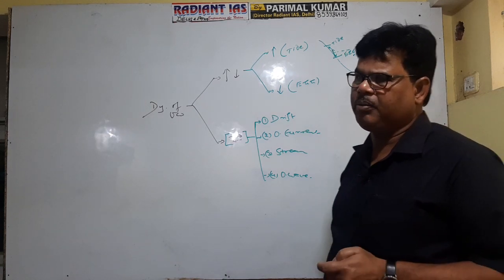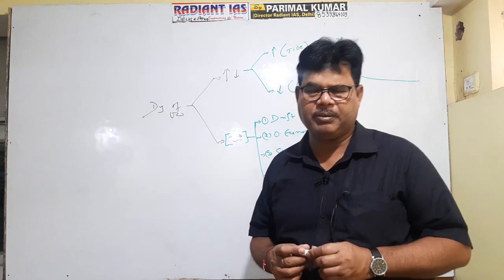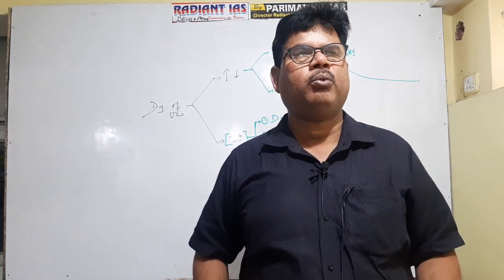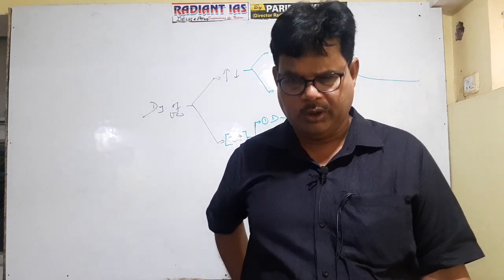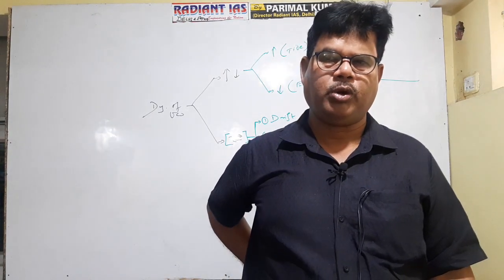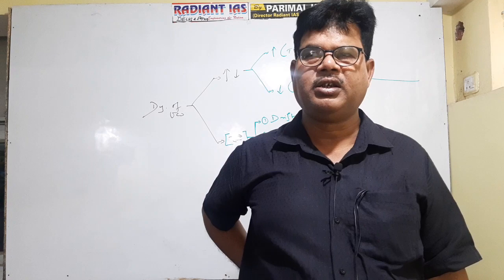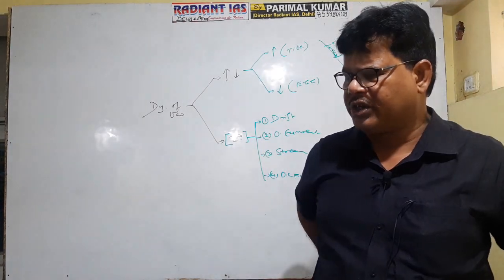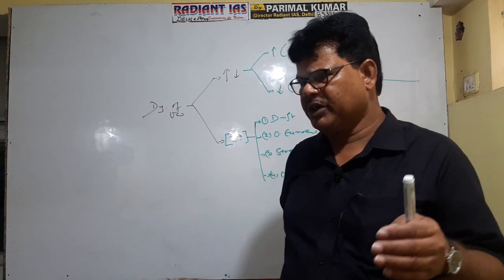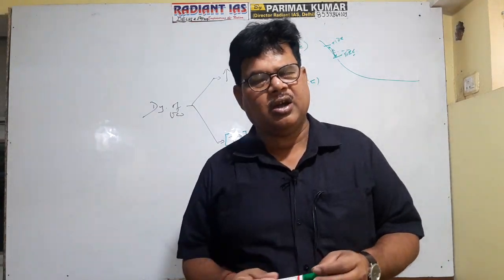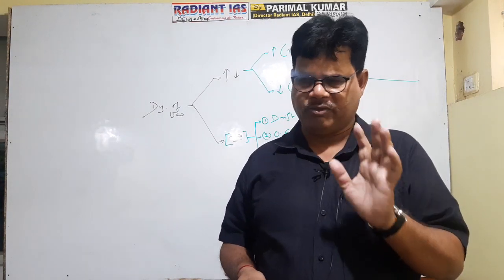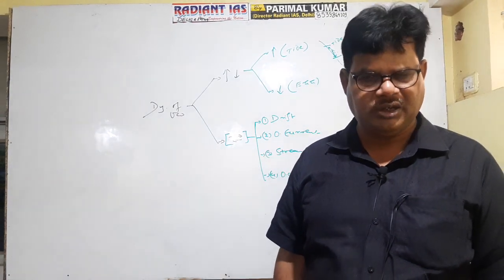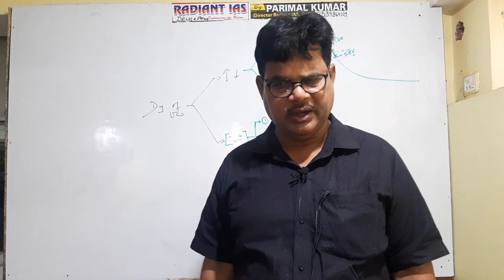And this vertical upliftment is associated with several factors, but there are three important factors broadly. One is the attractive pull of the moon, second is the attractive pull of the sun, and third is the centrifugal force. These three components are broadly considered responsible for vertical dynamism of the oceanic water, but the attractive pull exerted by the moon and the sun is of most importance.